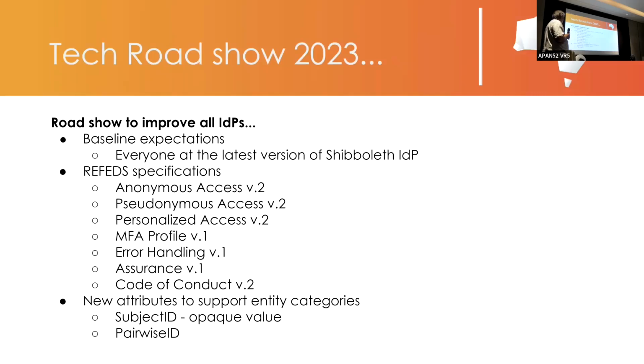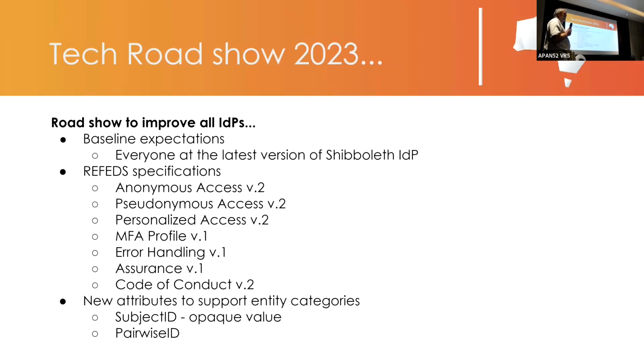I'm planning to do roadshows this year, going and visiting as many unis as I can. We'll be talking about how to improve our IDPs, looking at the baseline expectation stuff. Every IDP needs to be at the latest version. And all the REFEDS specification stuff, the anonymous, the pseudo-anonymous, the stuff that Pal was talking about yesterday, getting all